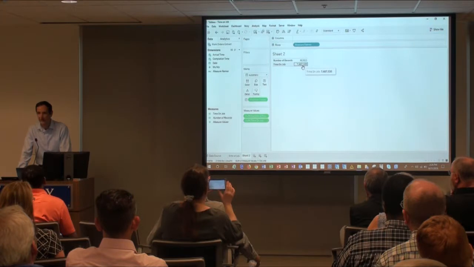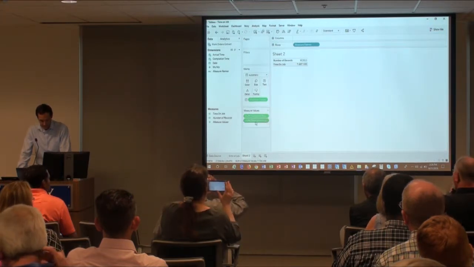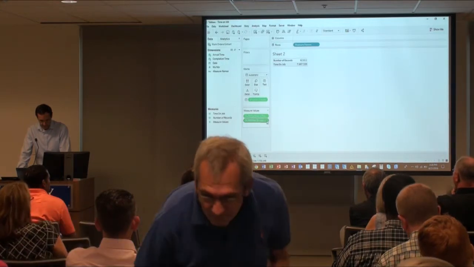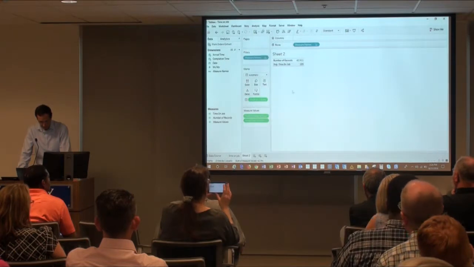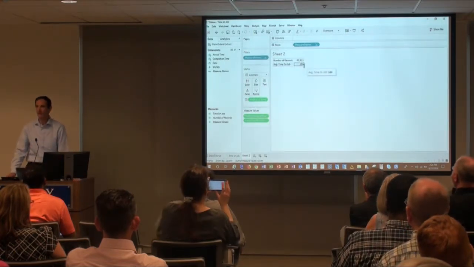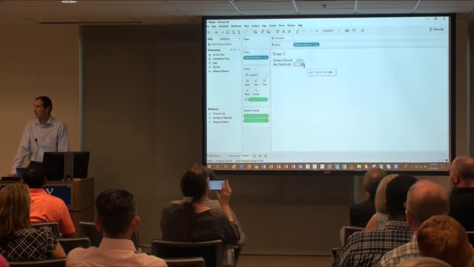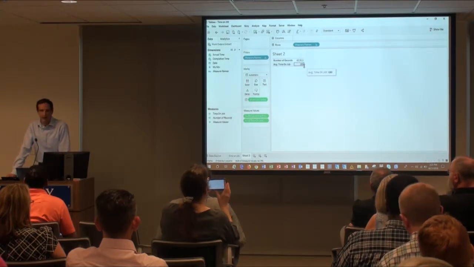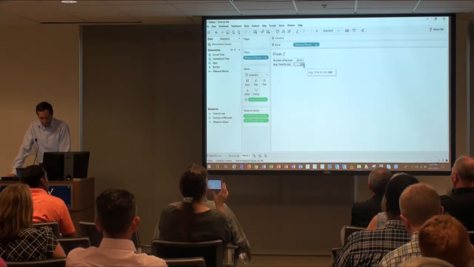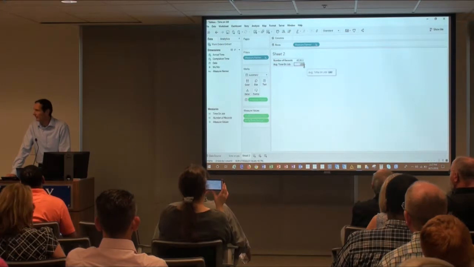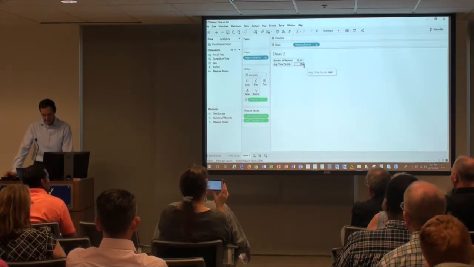But actually, I'm more interested in the average time that we're spending on these jobs than the total. So I'm going to go down to this measure value, and we can change the measure from sum to average. And now I see that the average time on job is 180 minutes. So that's a great start. A lot of times we're asked, how much time are we spending on these jobs? That would be a really quick answer to run back to the business and tell them we're spending an average of 180 minutes on these jobs. But we like to dig deeper than that, so we're going to continue further.